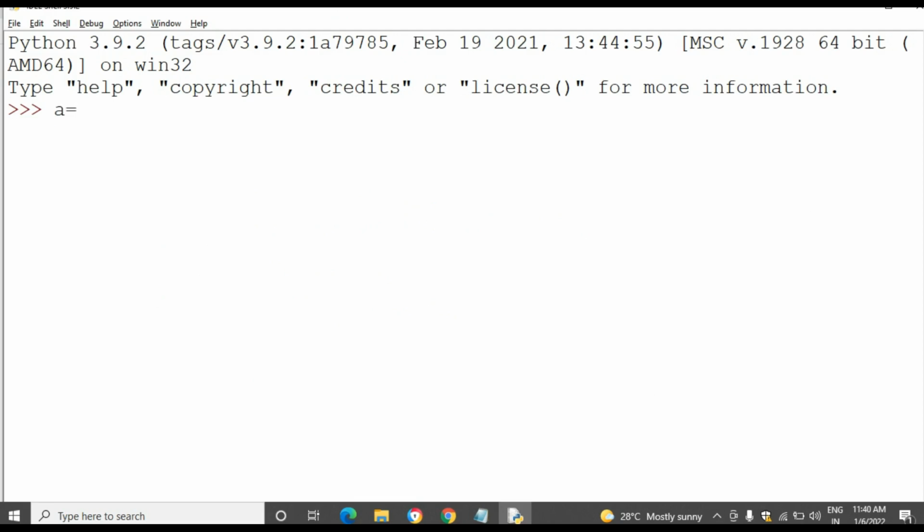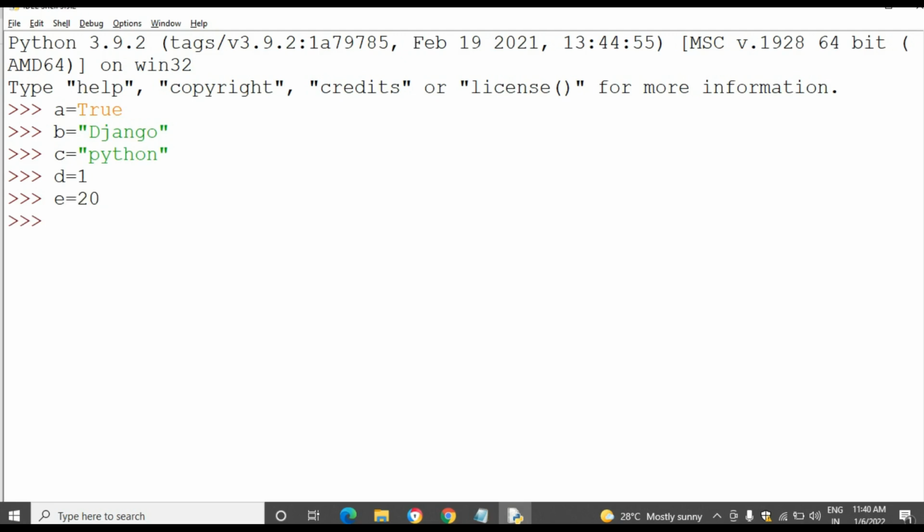Okay, I'm just taking multiple variables: a equal to True, b equal to Django, c equal to Python, d equal to 1, e equal to 20.